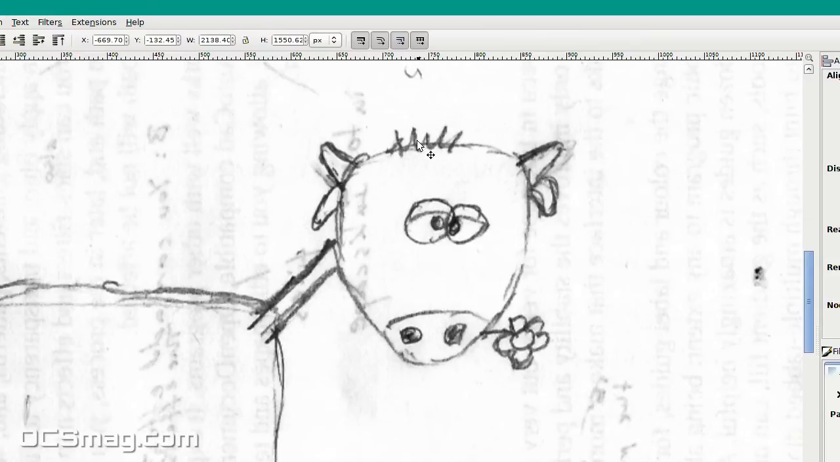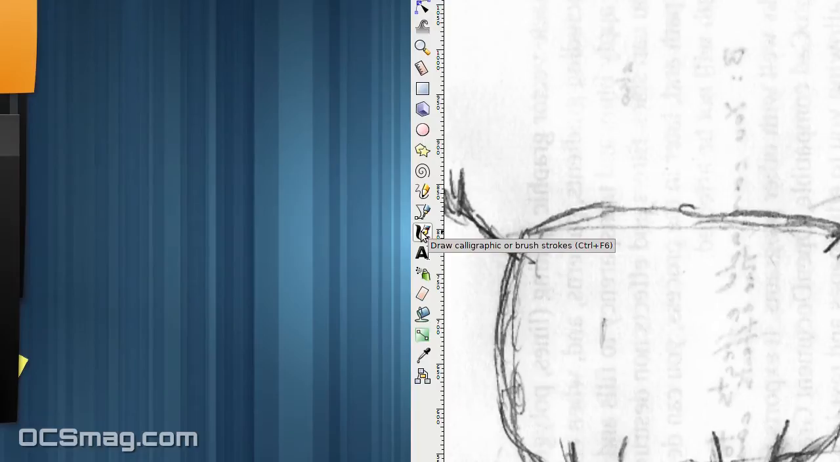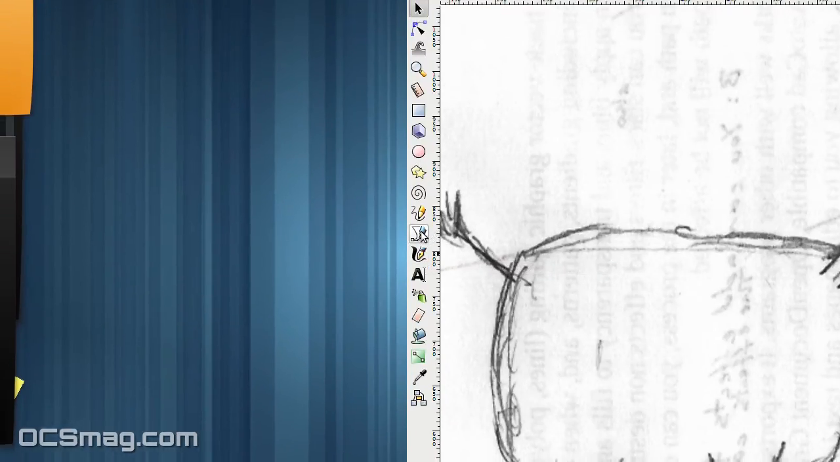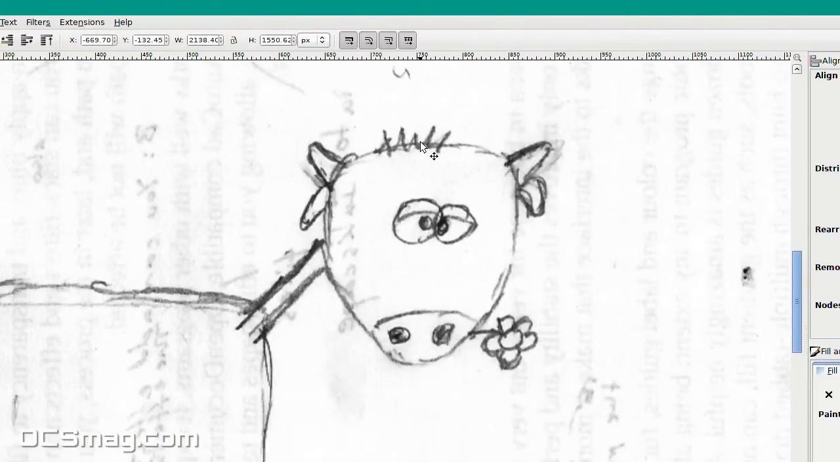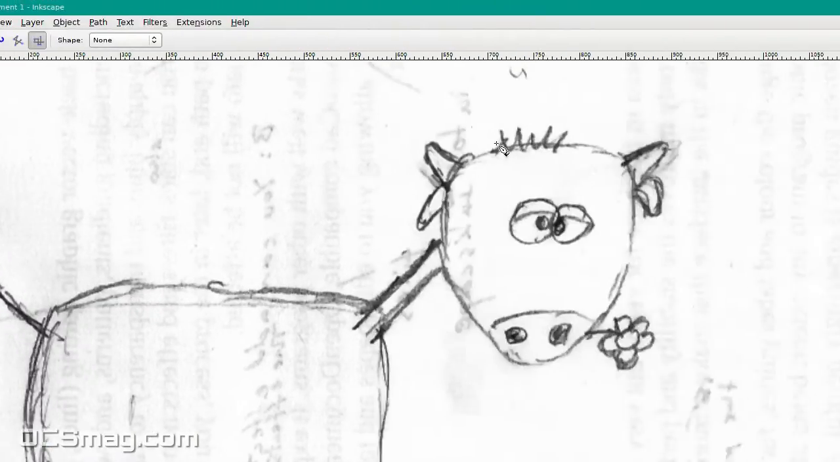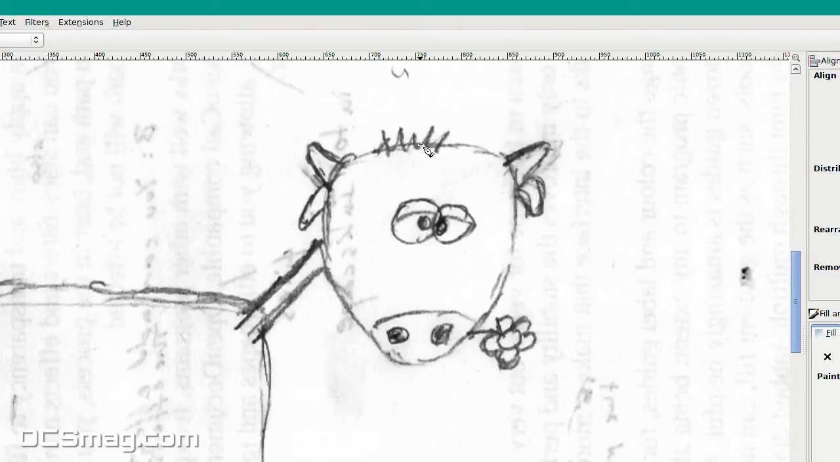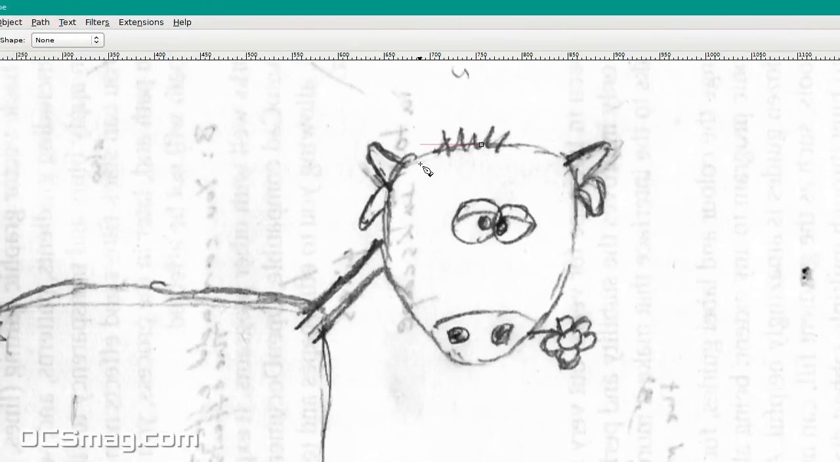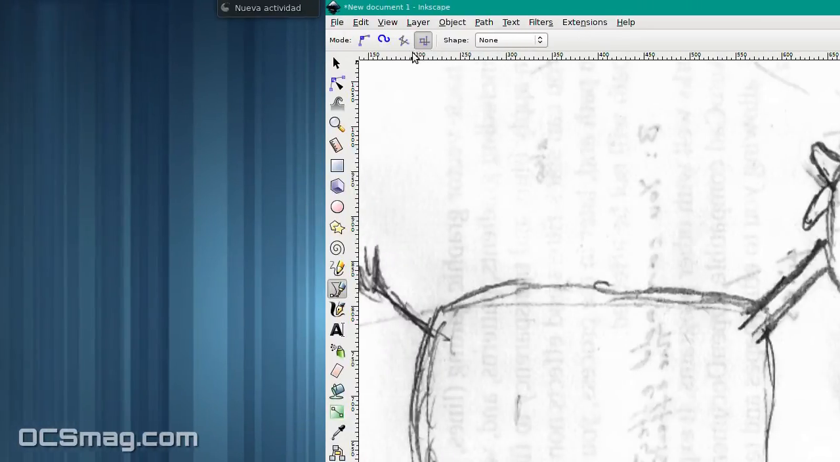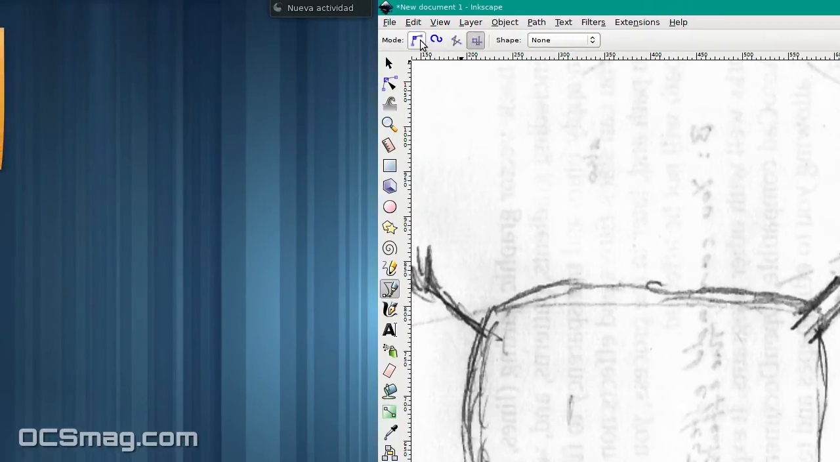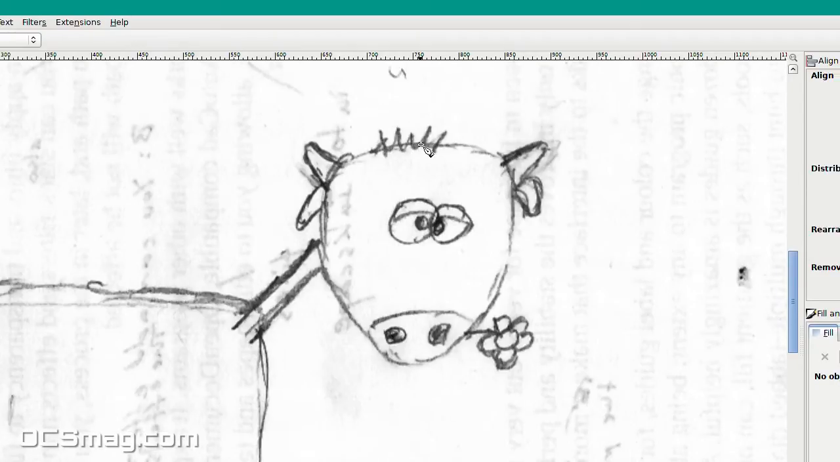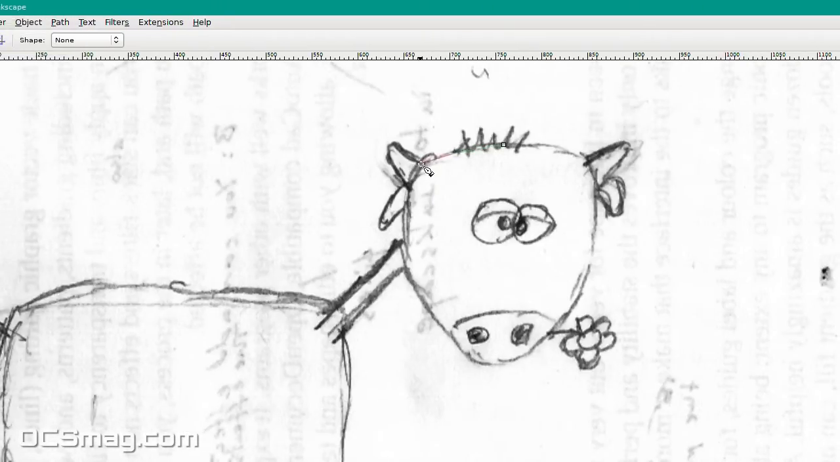So the first thing I'm going to do is trace the shape of the head, and I'm going to use this tool here, which is draw Bezier curves and so on. I'm not going to do the Bezier curves live because I'm not that good. What I am going to do is simply do lines and then use the nodes to shape things up. So I'm going to go here. We've got to have it on this, which just draws straight lines. So we're going to go here, here, here,